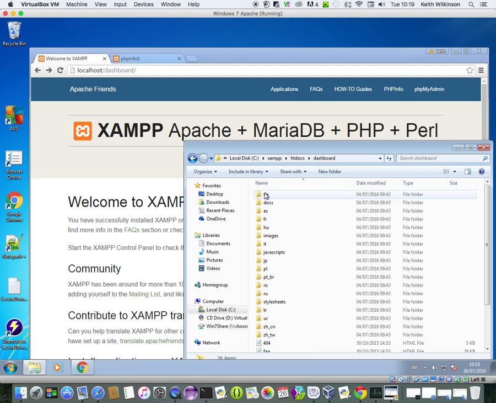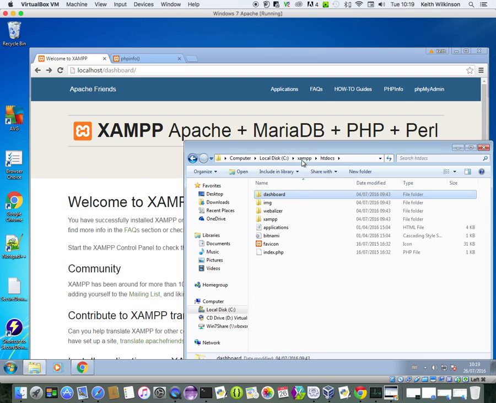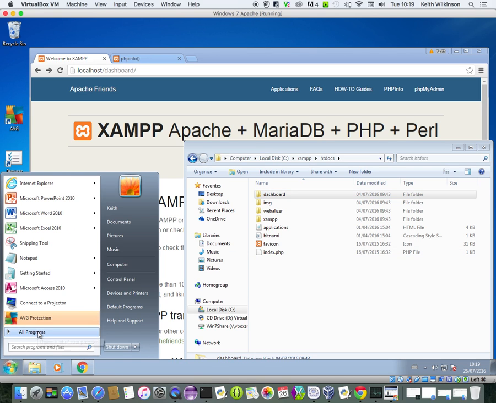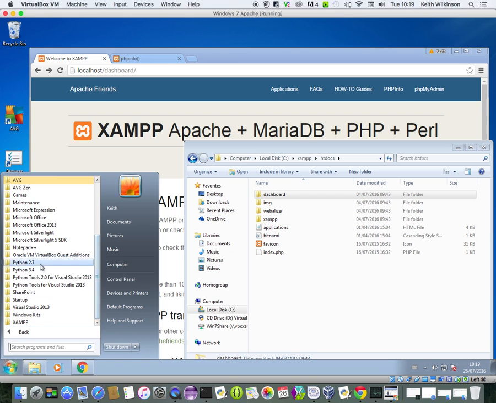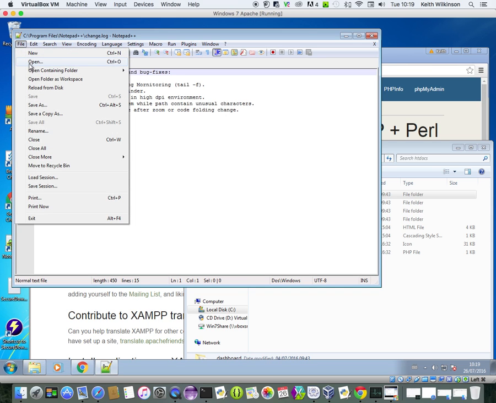And inside this folder, there is another index.php or index.html. There we go. Actually, it's an index.html file. And that is the one that you're currently seeing on the screen. So this would be a good time to sort of fire up Notepad++ and have a look at this file here. So you should have Notepad++ installed. There's mine, Notepad++, clean installation again. If I choose File, Open,